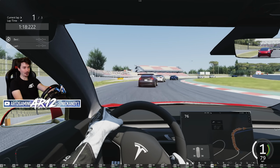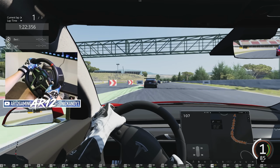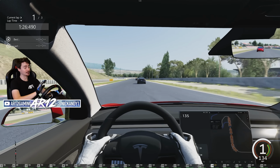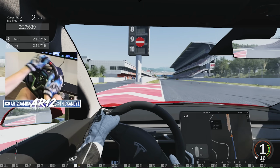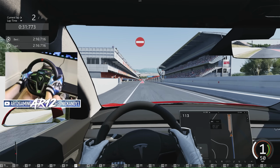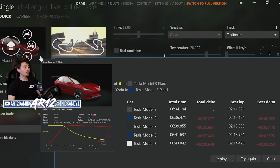Anyways though, back to the Thrustmaster T248 racing wheel. I'm actually really liking this thing, especially on force feedback number 3. It feels super good. Where are you going? Spin it around, Tesla. Into the pits we go. What are you morons doing? This guy decided he couldn't get in his pit box. Now he's just driving very slowly. I will now crown myself the winner of that race, and I think it's time to do a hill climb